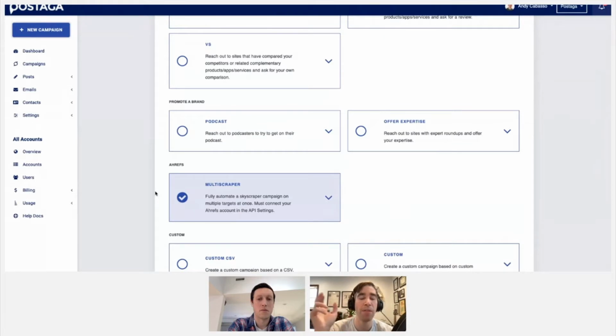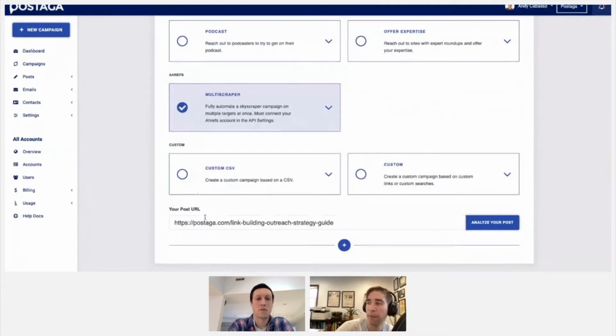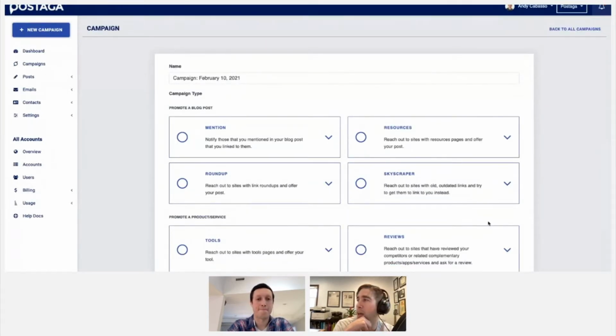And if you don't have the integration set up yet with Ahrefs and Postaga, we'll give you a prompt to do that. So you'll go to your settings and you can integrate your Ahrefs account if you have one. Next, you'll insert your blog post URL. For me, I'm going with this link building strategy guide, and I'll click Analyze Post.